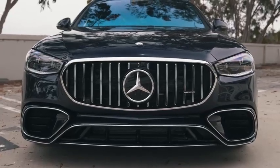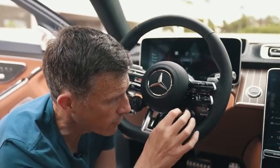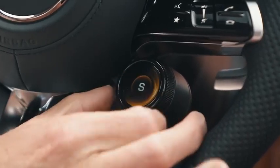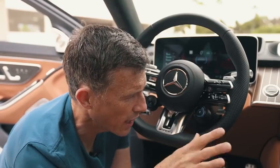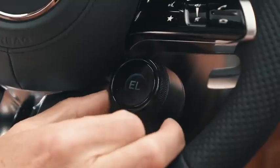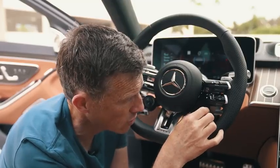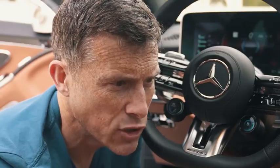Thankfully, this car has plenty of cool features to help make up for all this. Here's 5. You have a bunch of different driving modes which you can access easily using this dial, from Sport Plus, which is most aggressive, then Sport, which is slightly less aggressive, Comfort, which is just more chilled, relaxing, and will drive mainly on electric power where it can, and if you want full electric power all the time, you go into EL mode as long as you've got enough battery, which brings you on to B mode, which will battery hold,